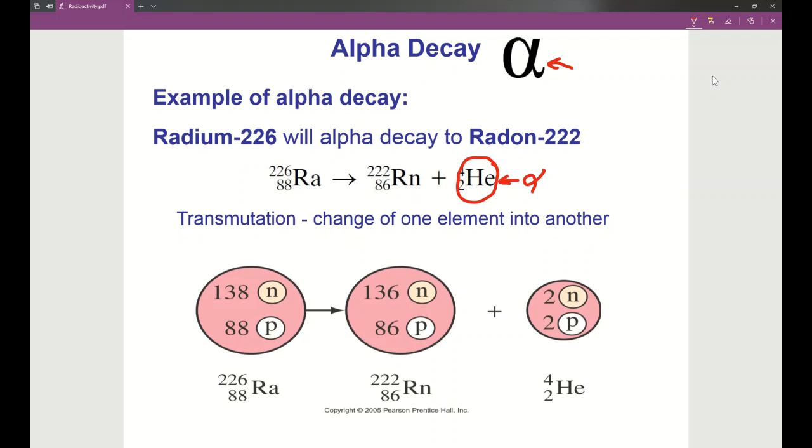Now, this is an example of transmutation, which is the change of one element to another. Transmutation is kind of a wild thing because this was something that alchemists were trying to do. Way back in the day, the whole goal of alchemy was trying to convert lead to gold. And this was previously considered impossible by modern chemists, who were, of course, trying to be independent, scholarly individuals.